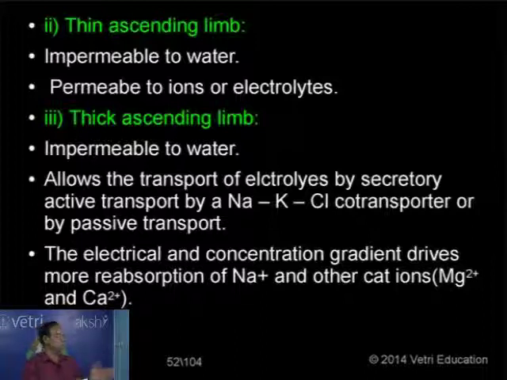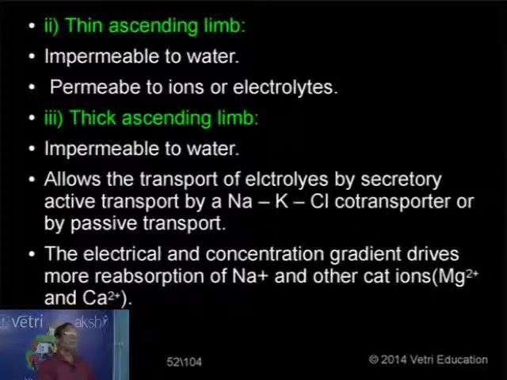How does it allow the transport of electrolytes? By secretory active transport, by one mechanism, the sodium potassium chloride co-transporter. Whenever sodium is transported, chloride is also transported and potassium is excreted. This is what is called the sodium potassium chloride